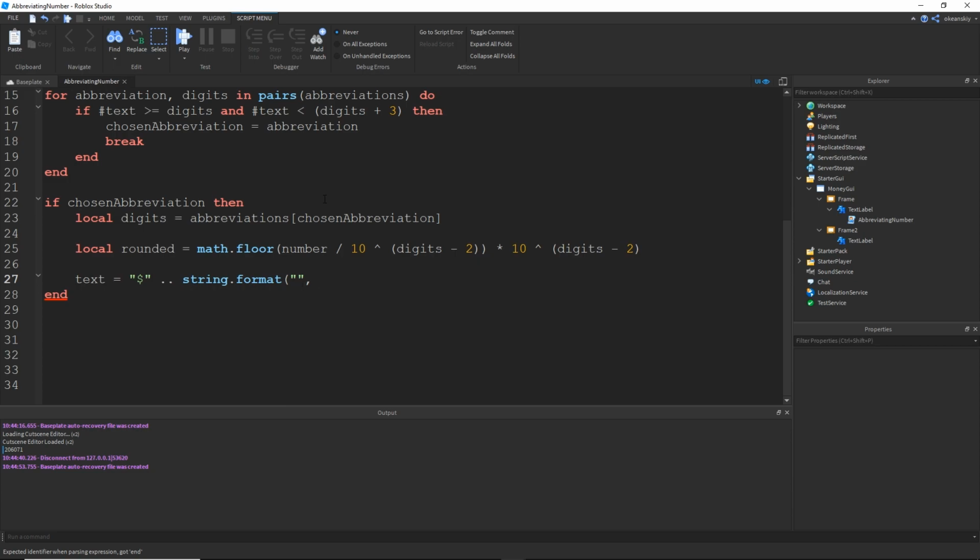I'll leave this blank for now, but the string that we're going to be formatting is rounded divided by 10 to the power of the digits minus 1, and parentheses, and then we'll go ahead and just concatenate our chosen abbreviation at the end. So this would be like, let's say we had okay, and now inside here I'm going to go ahead and put